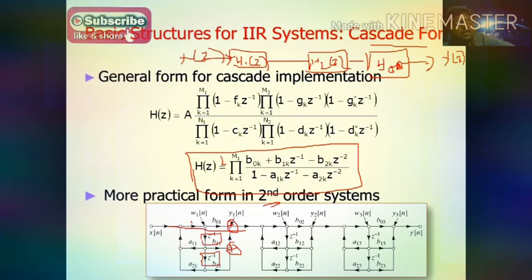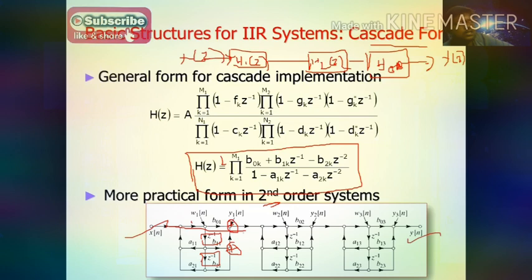Okay, a11, a21. Right. So this is where you have to construct the cascade form structure for a single transfer function. Similar for the sub transfer function. Finally, you connect, join all the transfer functions in series order. That is cascade manner. Okay. So now here you can get the W output. That is, in this question you have W1 of n. So for this system you add W2. For this system you add W3. Okay. But our actual output is y of n. Actual input is x of n. These two you focus on for the cascade form structure.